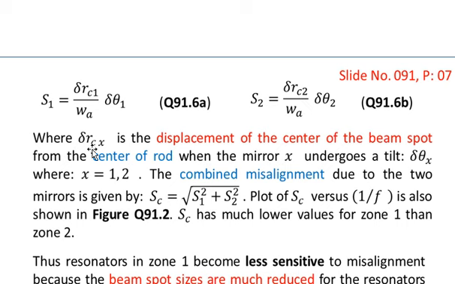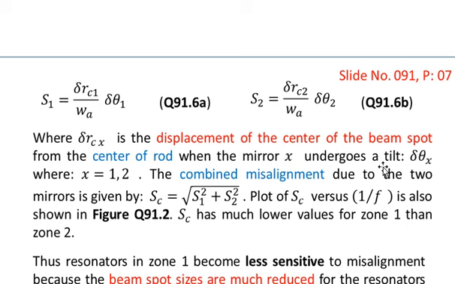Here X stands for 1 and 2, 1 for mirror 1 and 2 for mirror 2, where delta RCX is the displacement of the center of the beam spot from the center of the rod